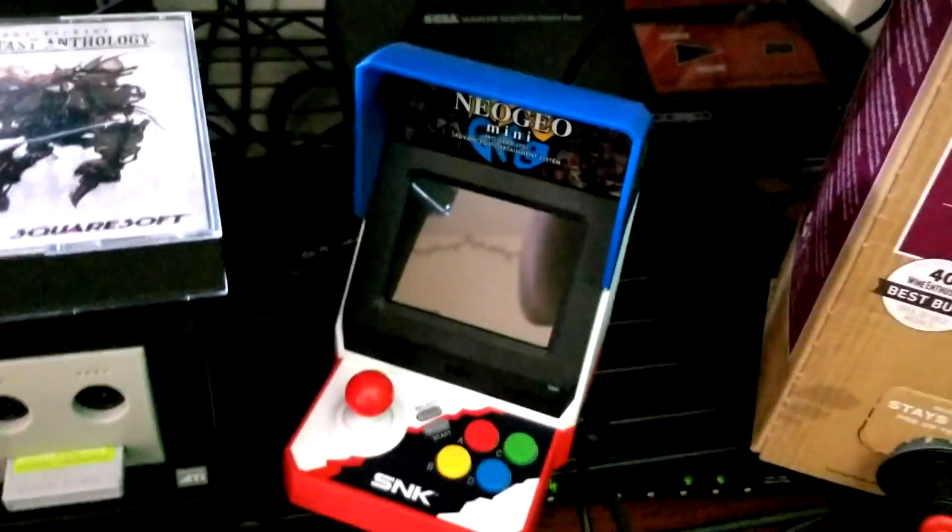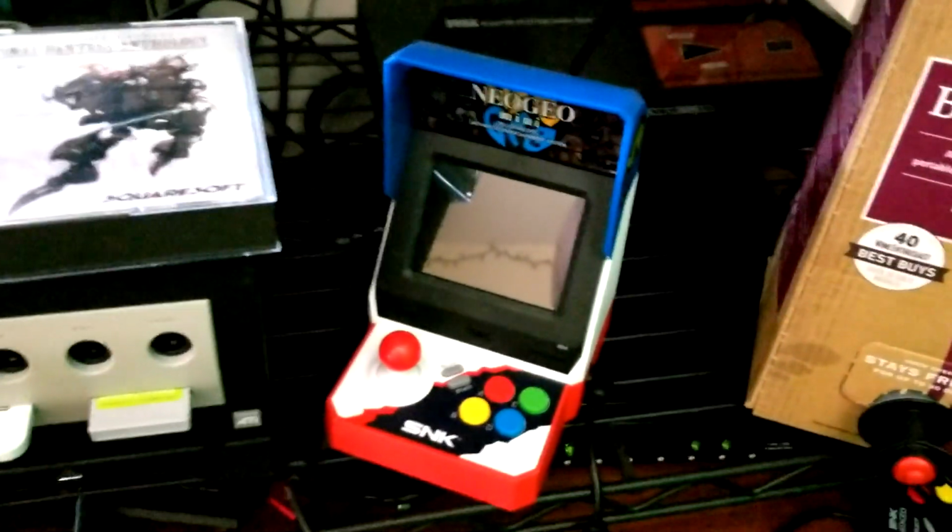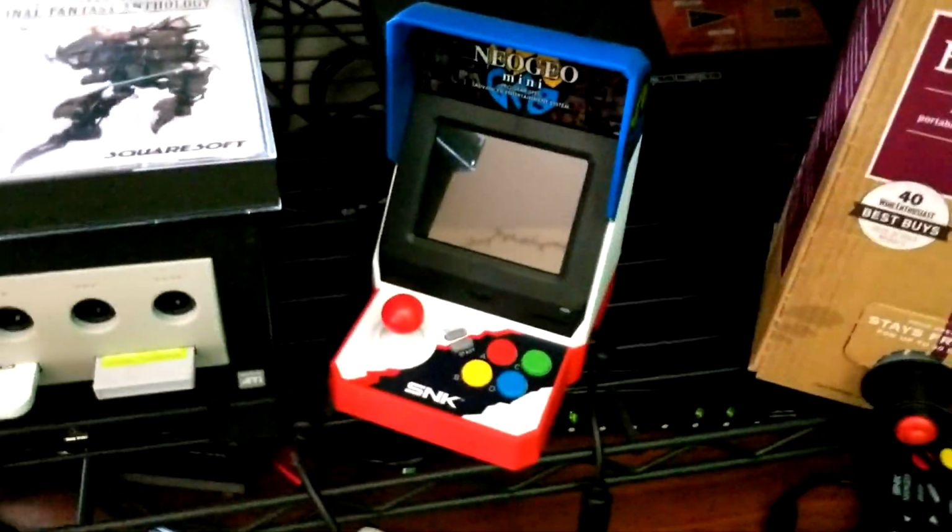Back there is a Sega Master System, currently hooked up with Zillion in the cartridge slot. Ignore Stream 1, this is for stress relief purposes. And here we have an SNK Neo Geo Mini, only because I'm too poor to afford the real thing right now, although it is a big goal of mine to get an actual arcade cabinet with the Neo Geo MVS